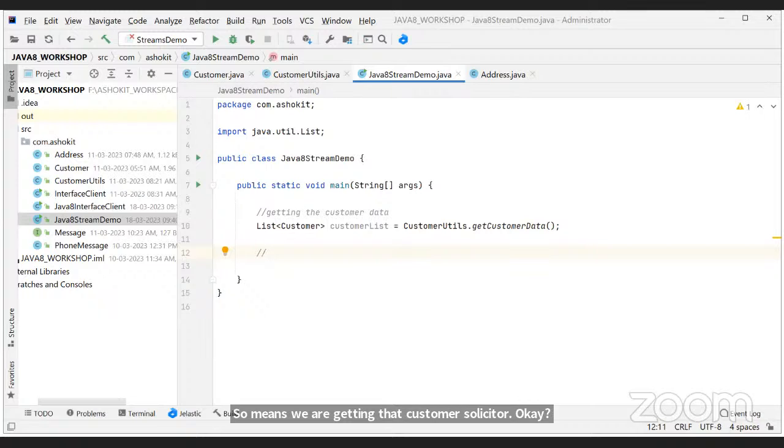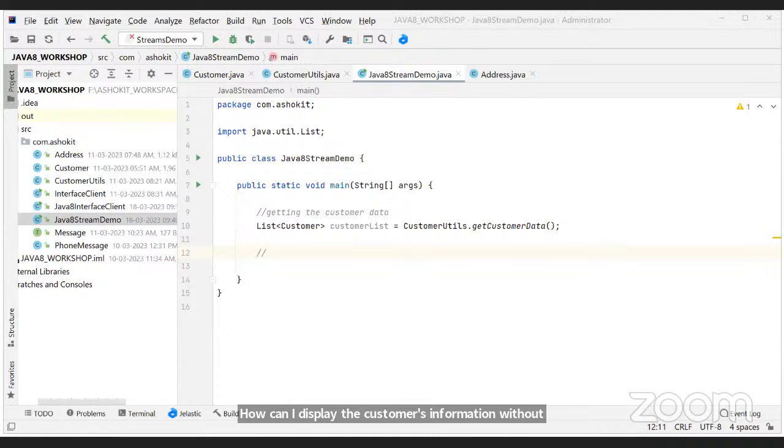How can I display the customers information without Java 8?